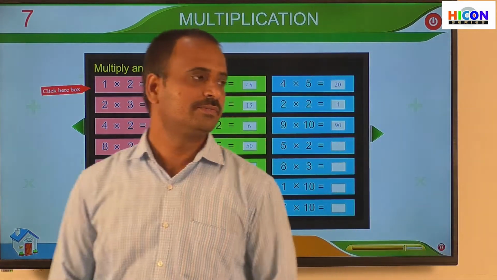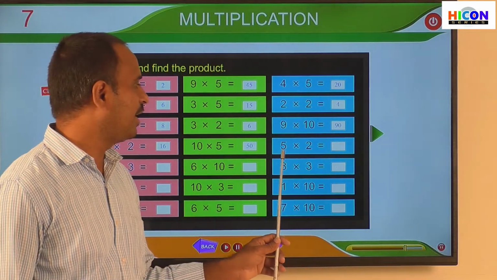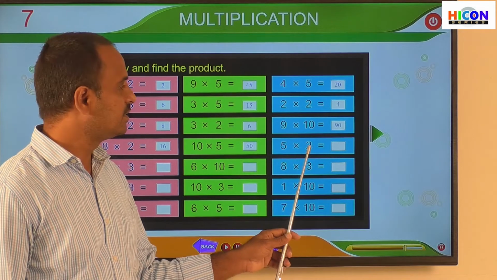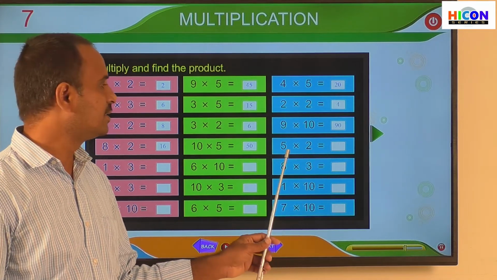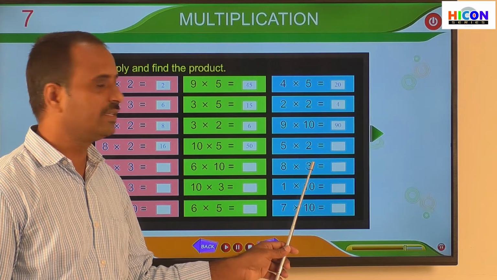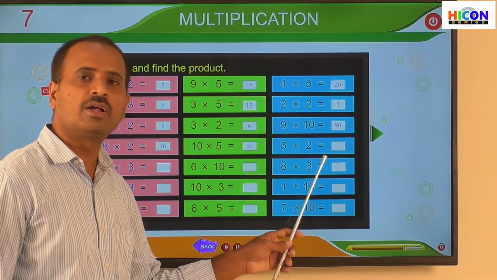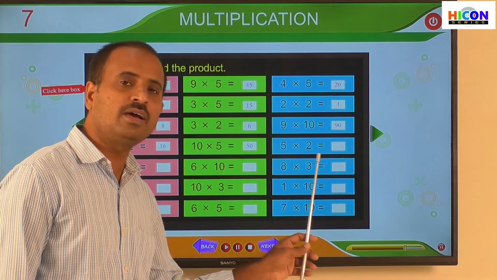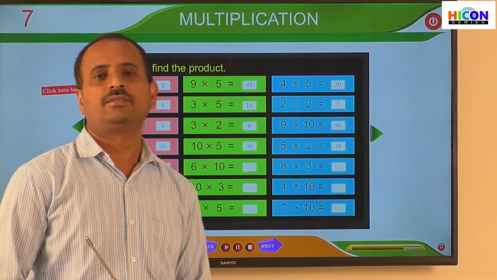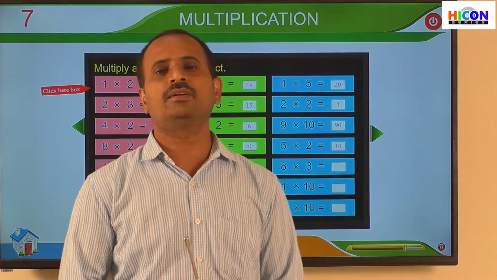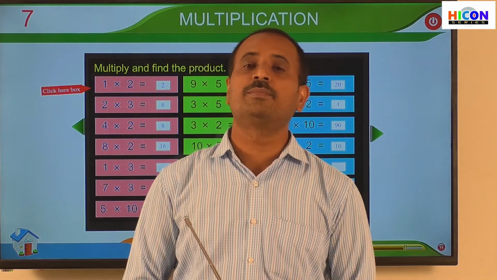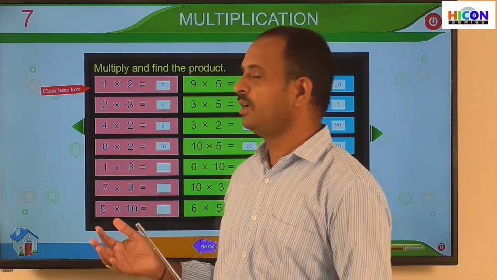Children, see the next one. So that is 5 into 2 is equal to dash. This is the second table, that is the table of 2. In the table of 2, 5 2s are how much? 5 2s are 10. So children, these are some example problems, some practice multiplication we have done